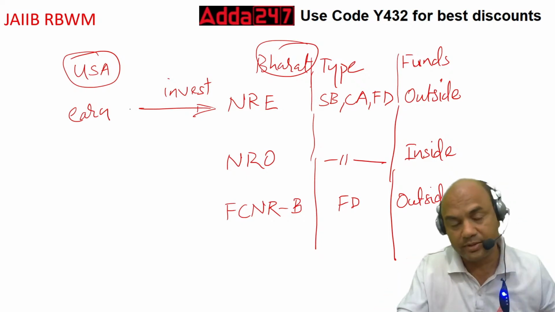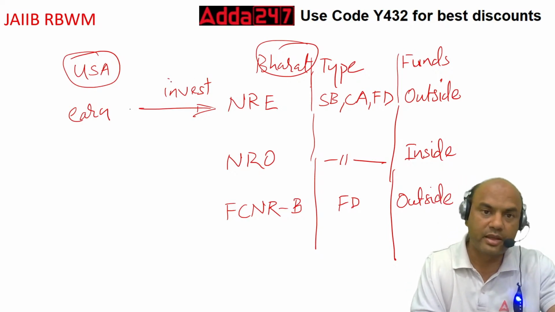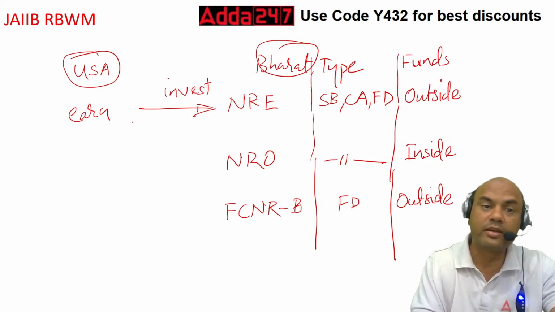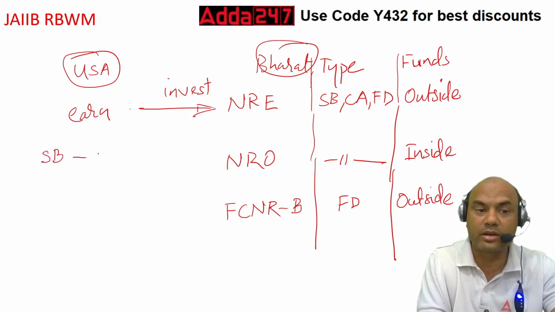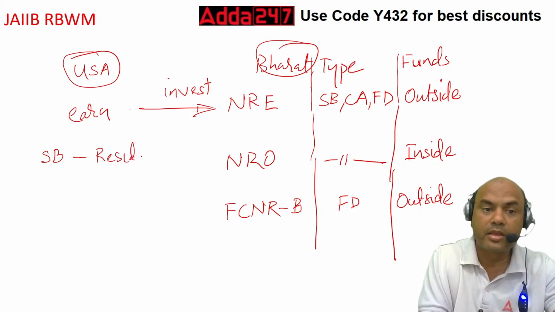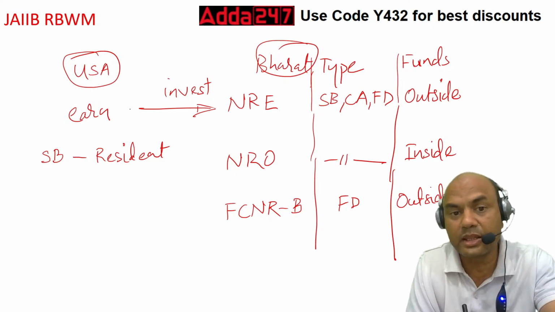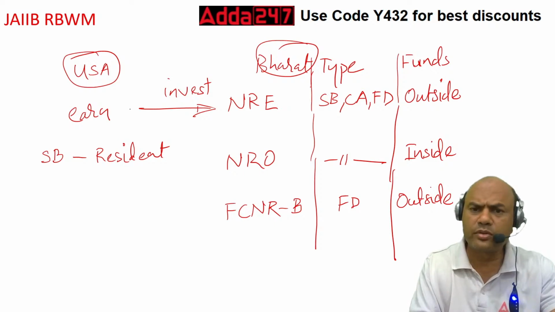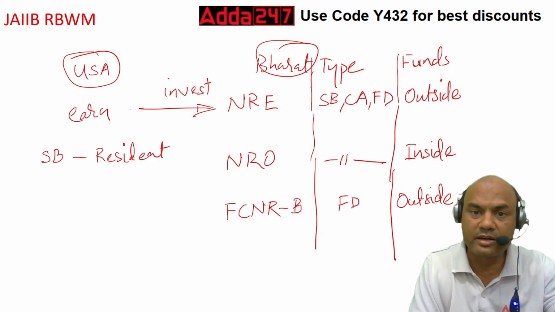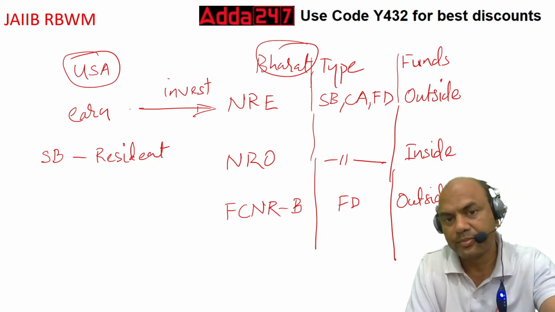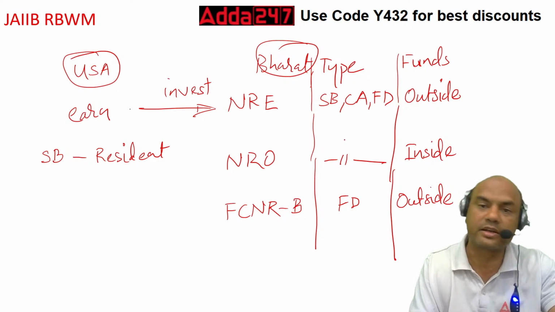Kindly note one important point. NRI can never have a savings account. Keep it very clear. NRI can never have a savings account. Why? Because that savings account is called as what? Savings account is called as resident savings account. Remember the important word, resident. So that is applicable only to the resident, not to anyone else. So NRI can never have the savings account. So if he or she cannot have the savings account, then the problem is, where will I credit this rent? The tenant. For that it is NRO account. In NRO account, whatever you earn within our country, Bharat, you can credit these funds over there.